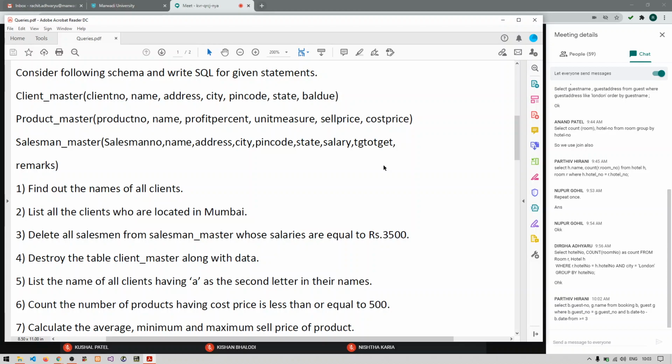Now these are some of the easiest queries that you can answer.